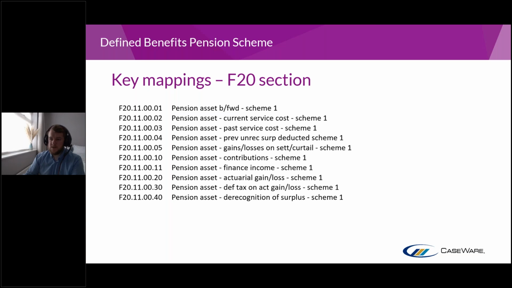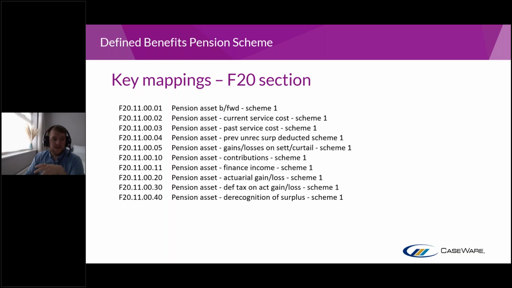Sorry, Tony, to jump in, Jack. The question here is regarding the mapping side. Being new to CaseWare, not familiar with the mappings, is there any place within the files themselves where we can get access to the mapping information for academies and charities? For academies and charities, yeah, absolutely. The funds worksheet in academies and charities